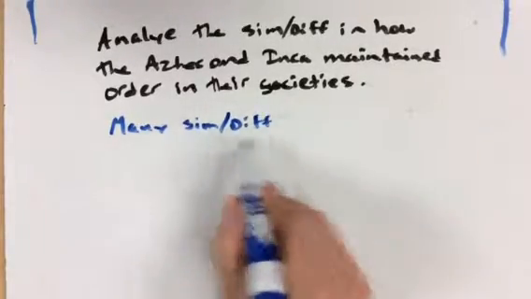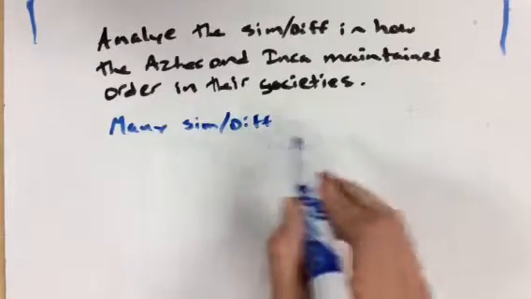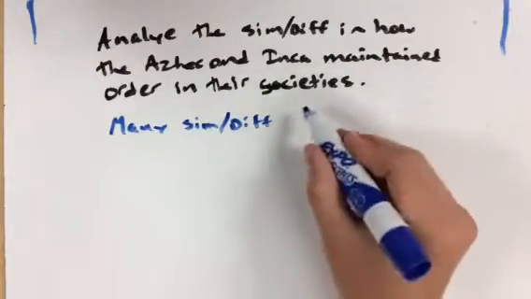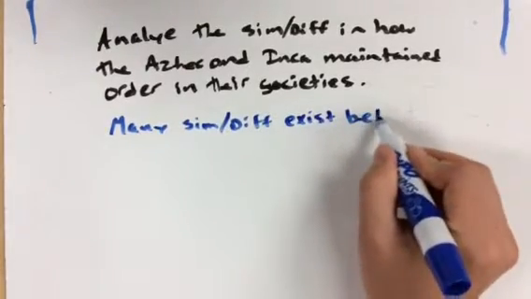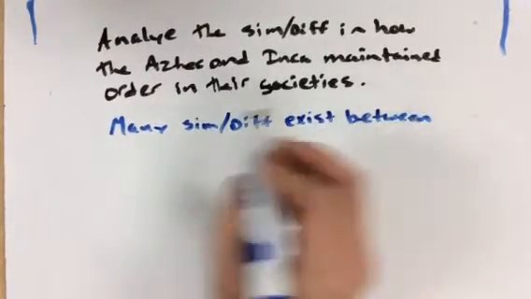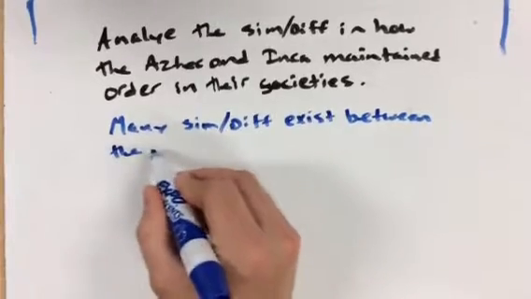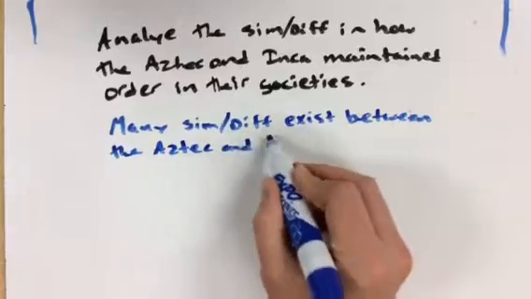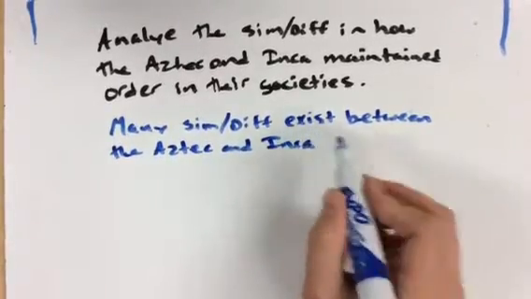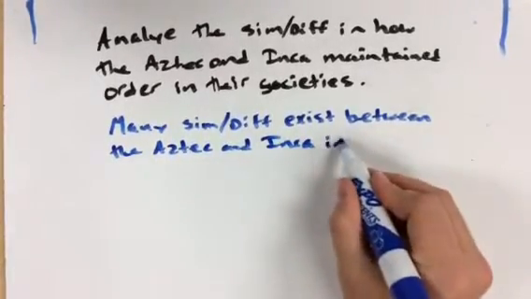You can just say, many similarities and differences. And please spell these out. I'm just using some shorthand. You need to spell out similarities and differences exist between the Aztec and Inca in regards to,